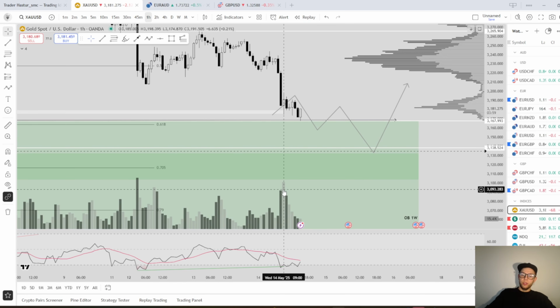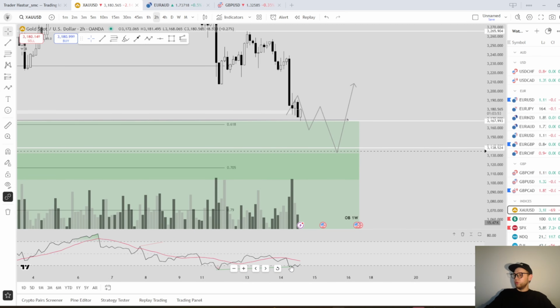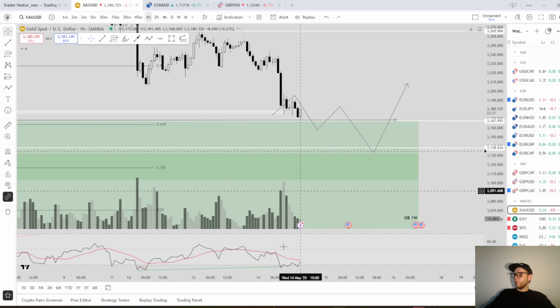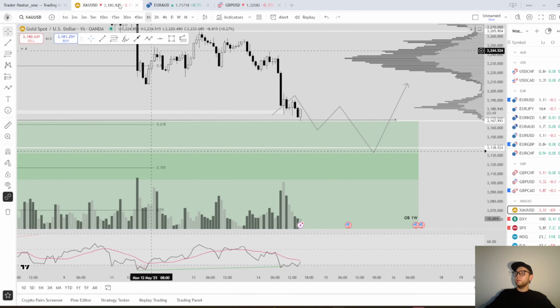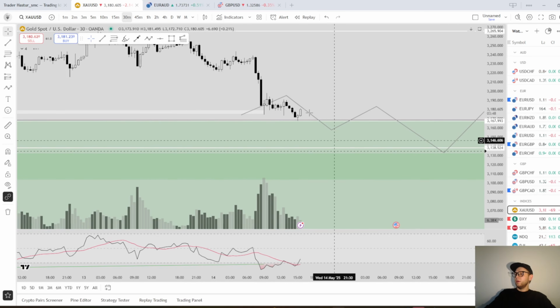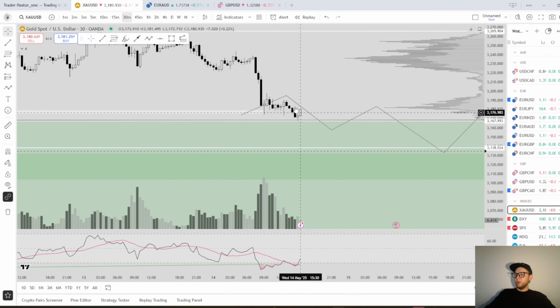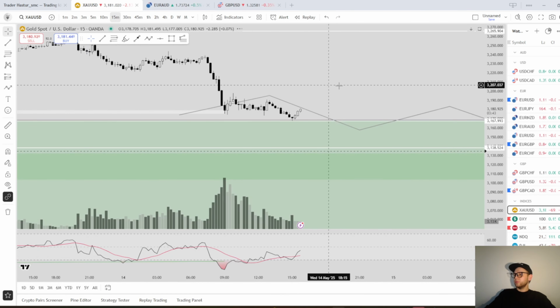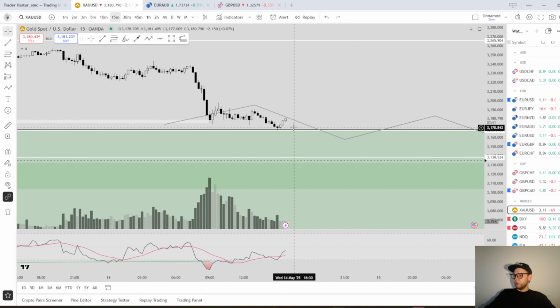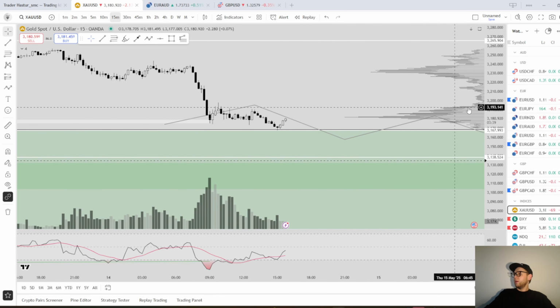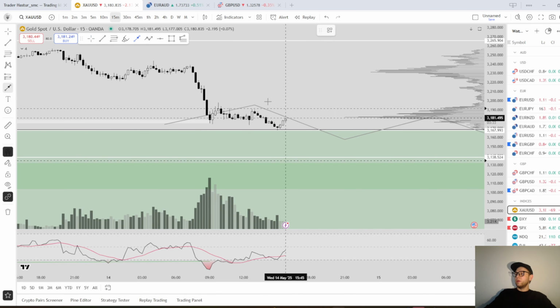We see bullish volume. We also have divergence on the 2-hour time frame and on the 1-hour time frame. We see imbalance. We only need to wait for confirmation. I put an alarm here. That will be our